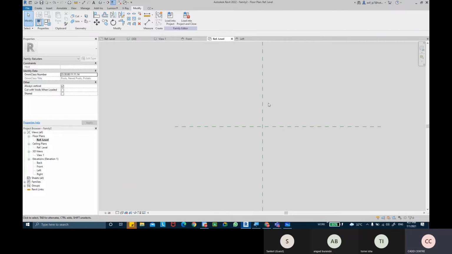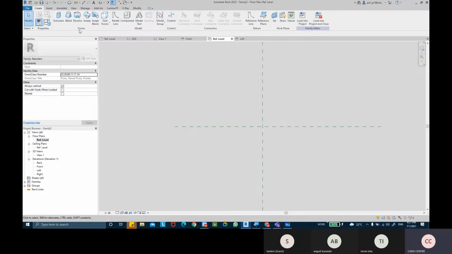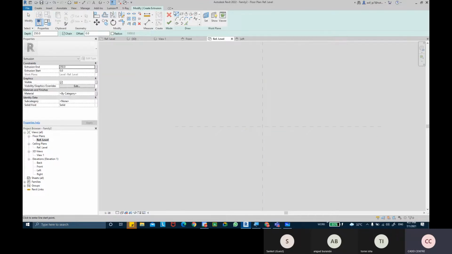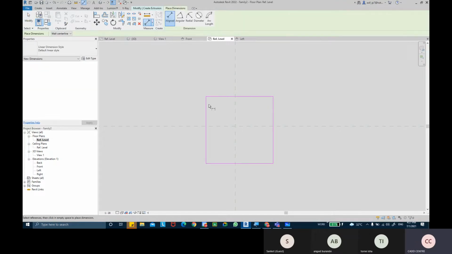Go into create, and I'm going to take a form of extrusion, right? I'm going to create a rough shape over here till here, like that, but it's not even square and not even in the center of this reference plane. So to make it a perfect square and perfectly in the center, I'm going to take the dimension tool. I'm going to dimension this sketch line, the middle reference line, and this end sketch line.